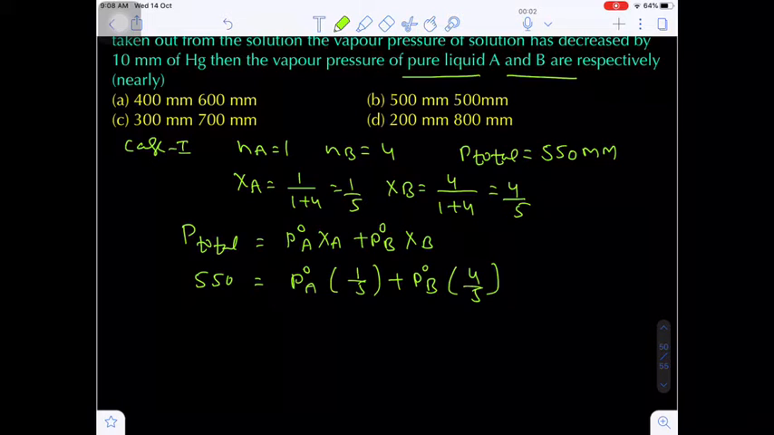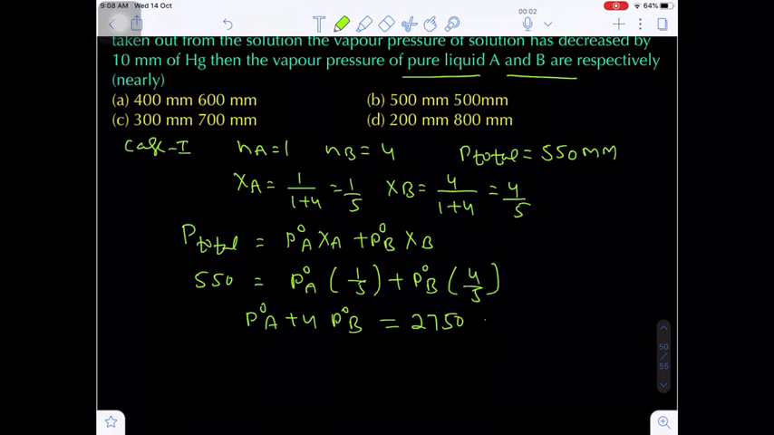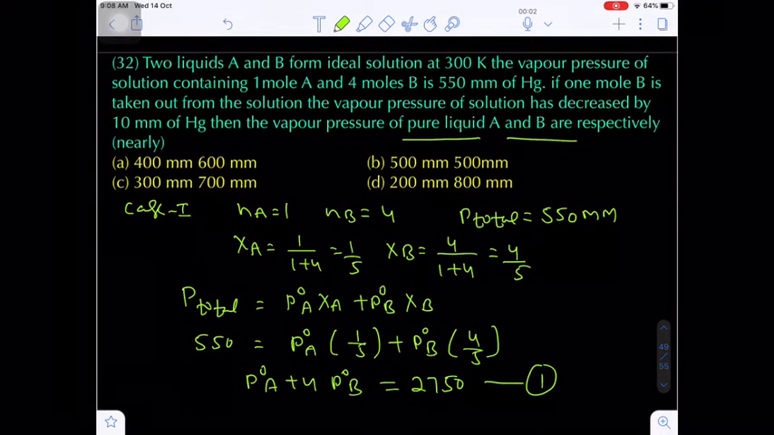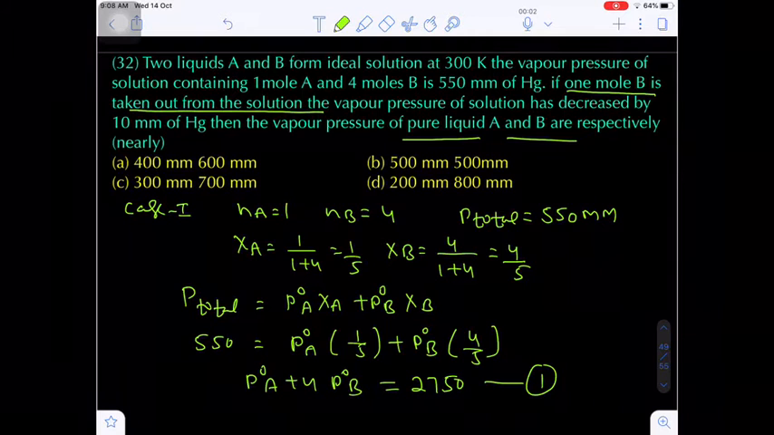So you have a linear equation between P naught A and P naught B. What is the equation here? We get P naught A plus 4 into P naught B equal to 2750. This is equation number 1, the first equation. Continuing the question: 1 mole of B is taken out from the solution, then the vapor pressure of the solution